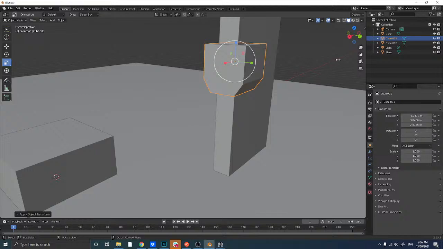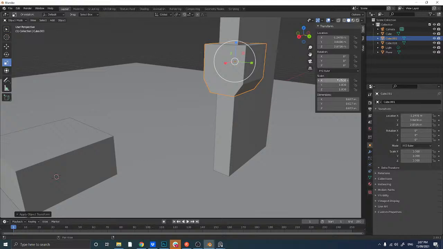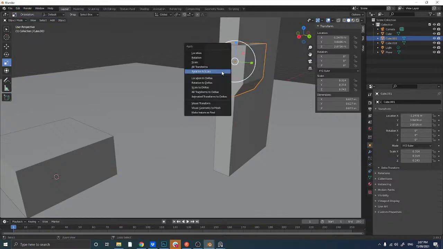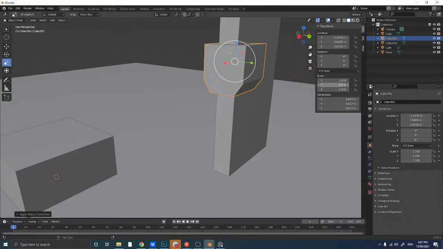So if you hit N on the keyboard, that brings up these options over here. N hides that, N brings it up, N hide, N bring it up. All right, so that just reset the scale here to 1 for everything. So if I undo that, you can see these are all different scales. Okay, we'll do it again, Control A, rotation scale, it just resets all of these back